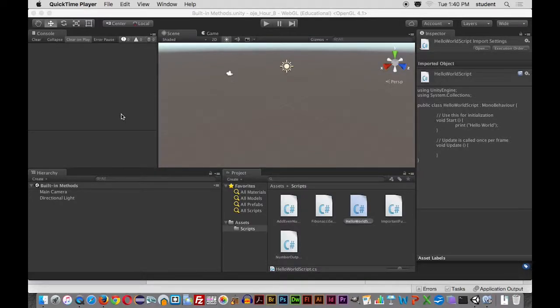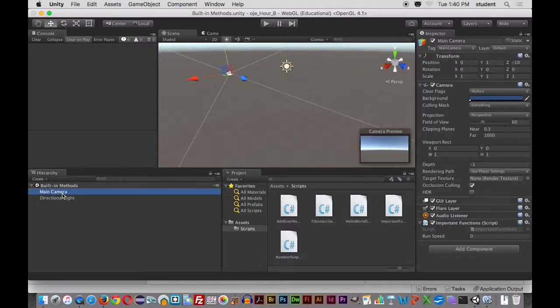Okay, so a few things in terms of when you're creating your script. Keep in mind that you are going to always, most of the time, add the script to an object, again, to control that object one way or another. In this case, the scripts that you're going to be working on for the exercises are all going to be added to the camera. Okay? So, for instance, just to give you an idea,